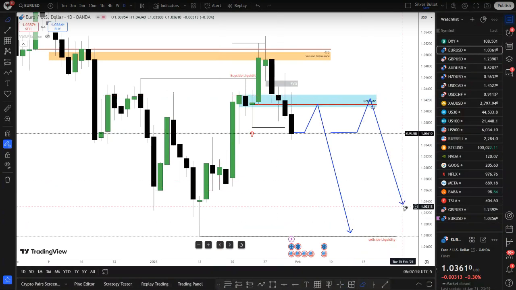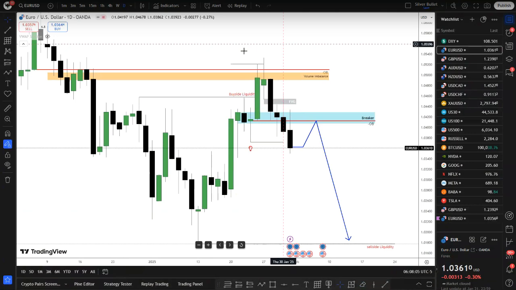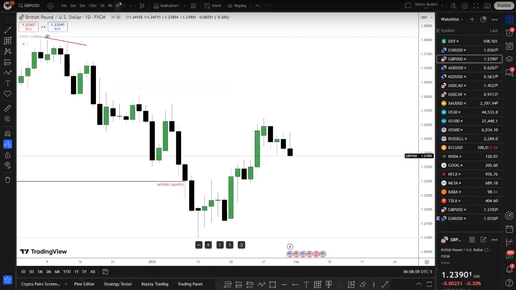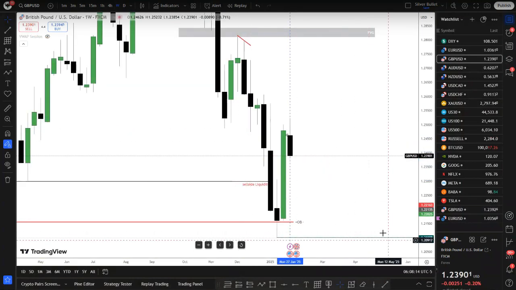So this will be our Euro. No need to go down to lower time frames today, simply because tomorrow we will be breaking down to lower time frames, so we'll be setting up an entry for trades. Let's look at GU again, weekly chart and daily chart. The lowest time frame I can go today has to be the 4-hour chart.